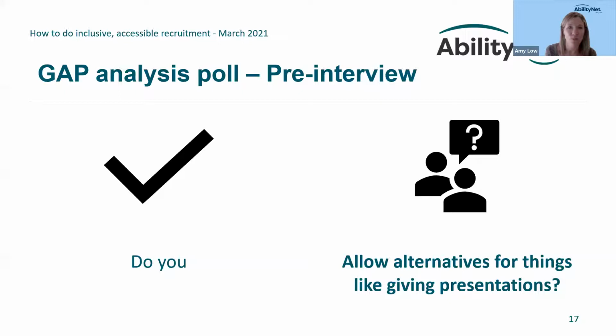Okay, and what would you say, Mairead, whilst people are answering, is why would we want to give alternatives for things like that? I think we want to give alternatives because at the end of the day, we're looking for the best person, aren't we? And we're all individual and we perform in different ways. So if you're thinking of a live presentation, and we do presentations in some of our interviews,